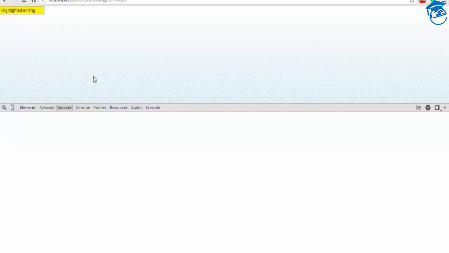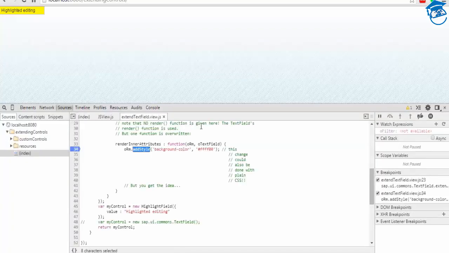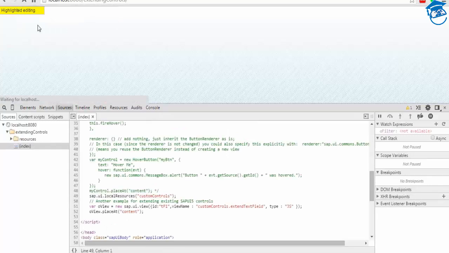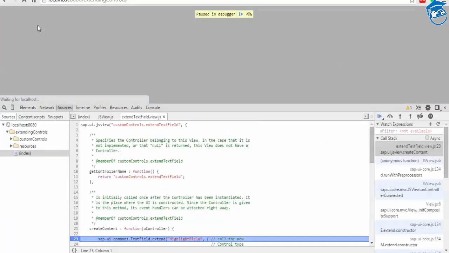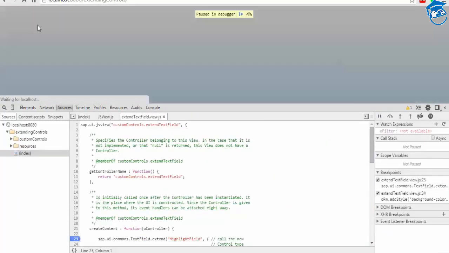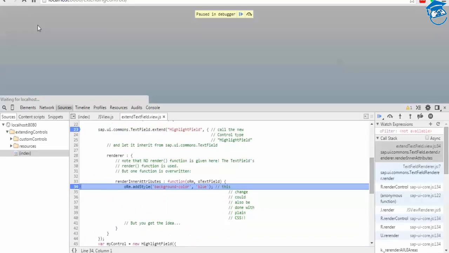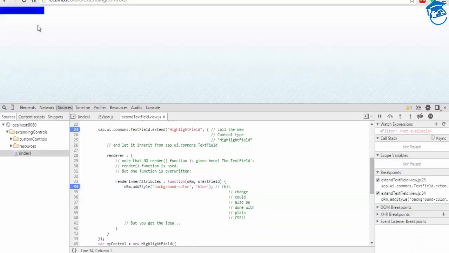Once I refresh this, it should get refreshed, because this changes with the CSS, and sometimes the cache has such information. So your code has to be refreshed. So I'm going to refresh it, and I'm going to do F8. Yeah, now your code is updated. See, there's a blue color.